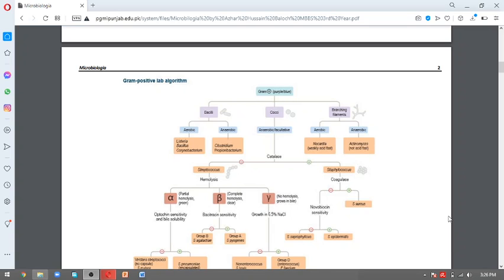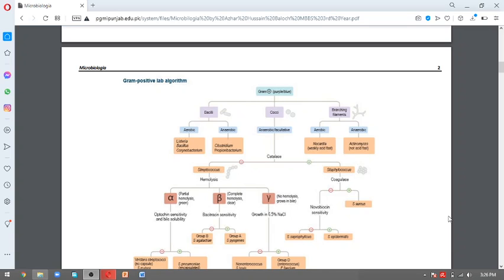The coagulase test further divides them into Staph aureus. If the coagulase test comes positive, coagulase is the enzyme which enables the bacteria to dissolve the blood clots. If these can move into the blood clots, that helps the bacteria to spread. Wherever a clot is found, bacteria can cross that clot, and it helps in the spreadability of the bacteria. Thus, Staph aureus has that ability. And if coagulase comes negative in the catalase positive category, then we will